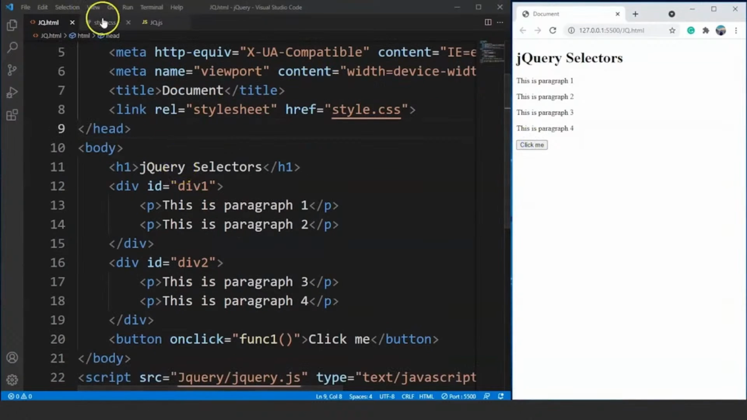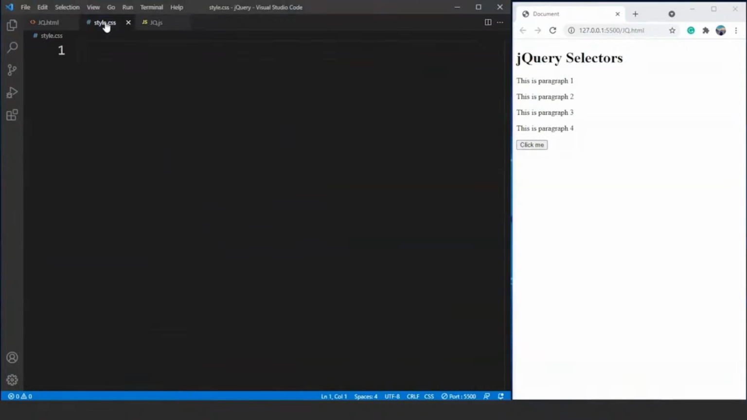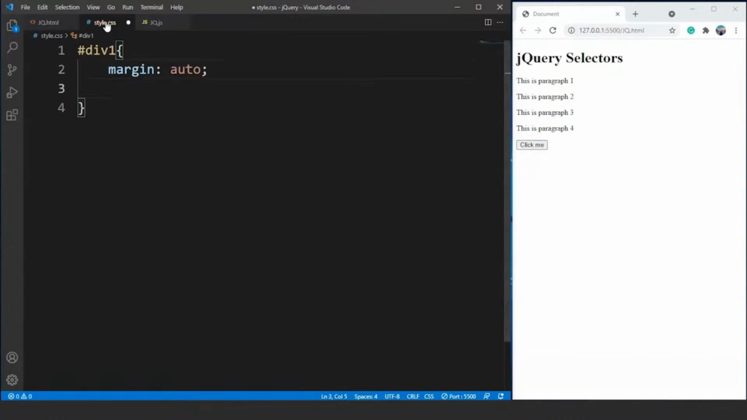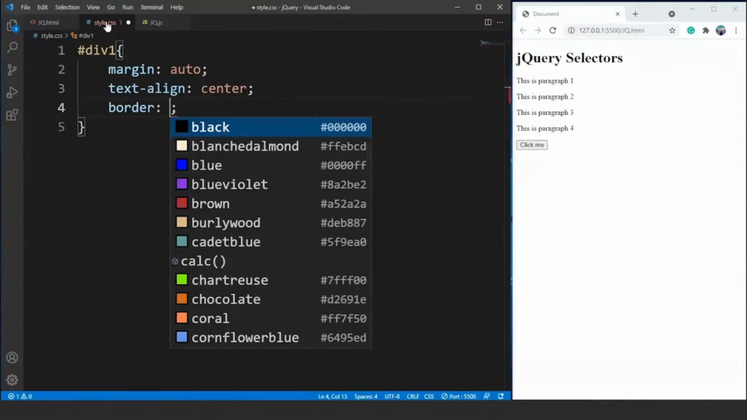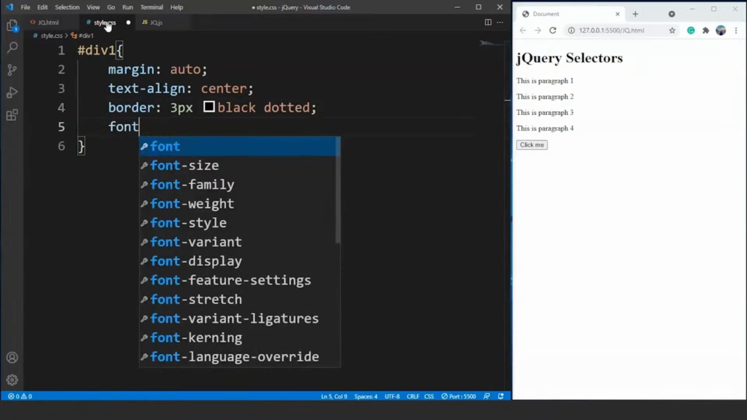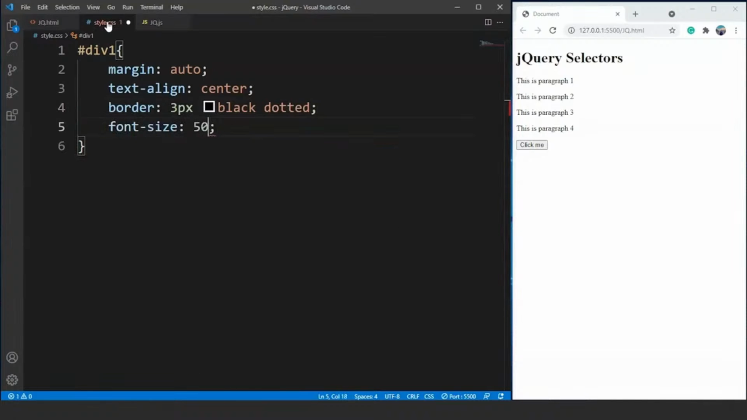Now we'll go to style.css and start styling those div tags. We'll write here hash div1. So we'll style div1 first. We'll write here margin as auto. Let's say text align at the center. Border we are going to add. We'll write here border as 3 pixels black and dotted. Fine. Next up we'll write here font size as 50 pixels, let's say,